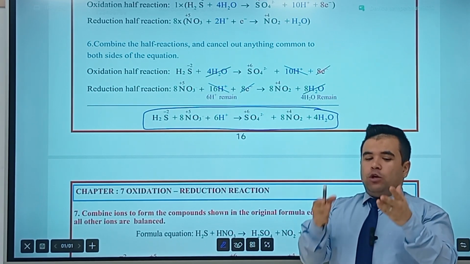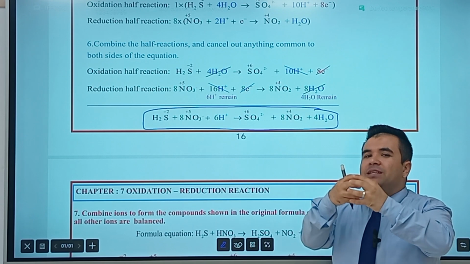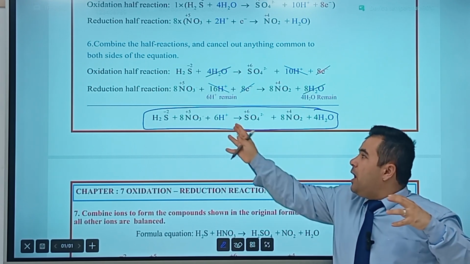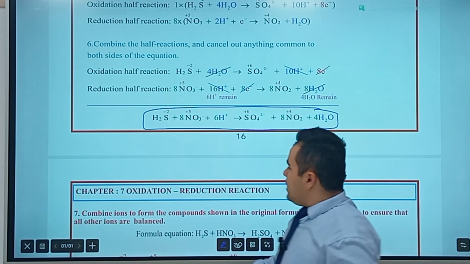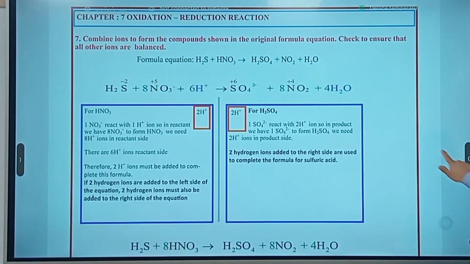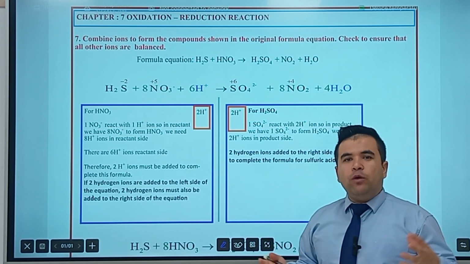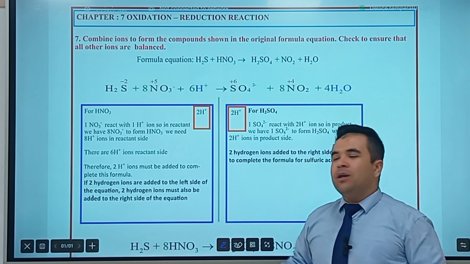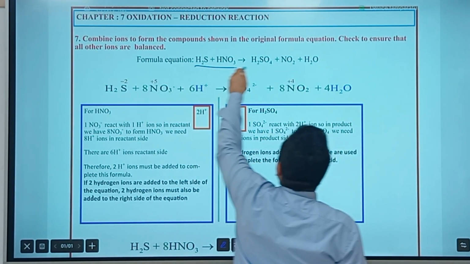In the formula equation, which ions, which atoms, species combined together, in which proportion, we have to combine those atoms and ions in the same proportion. Let us do the procedure, guys. In this case, if some of the atoms are missing, we have to add to the reactant and product. So we add additional atoms to the reactant and product, according to the formula equation, guys,